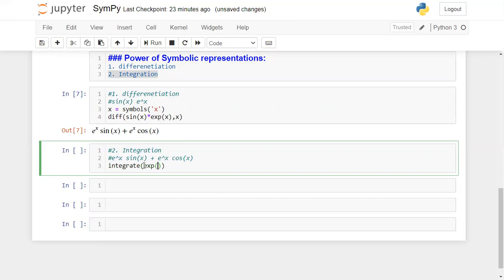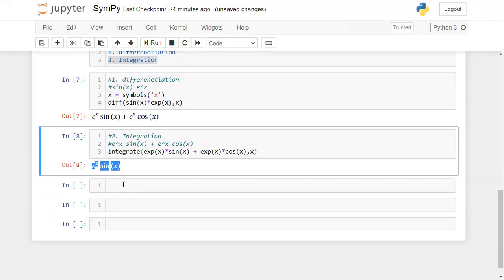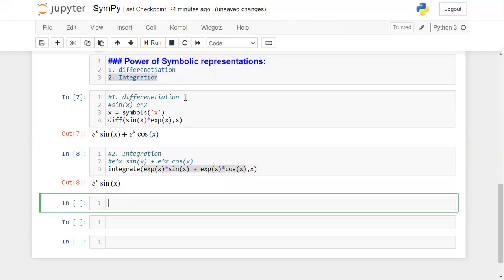Here you write your function: exponent of x multiplied by sine of x, and then plus exponent of x multiplied by cos x, with respect to x. Now try to run this. It will give you the integrated value on the screen. When you perform integration with respect to x on this expression, you'll get this value. In this way you can find integration.